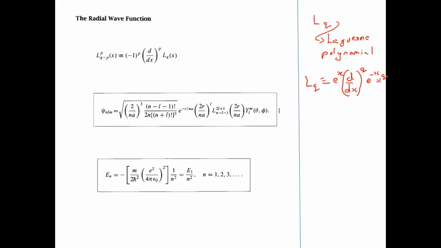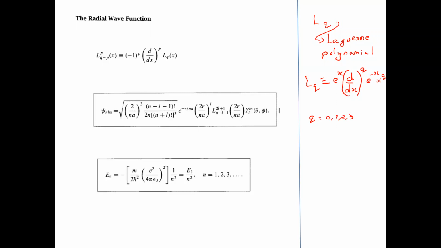So this L of q is generated using this relation. You just have to plug in the value of q. The q can take some integer values. So when you plug in that value, you automatically generate a function, and the associated Laguerre polynomial